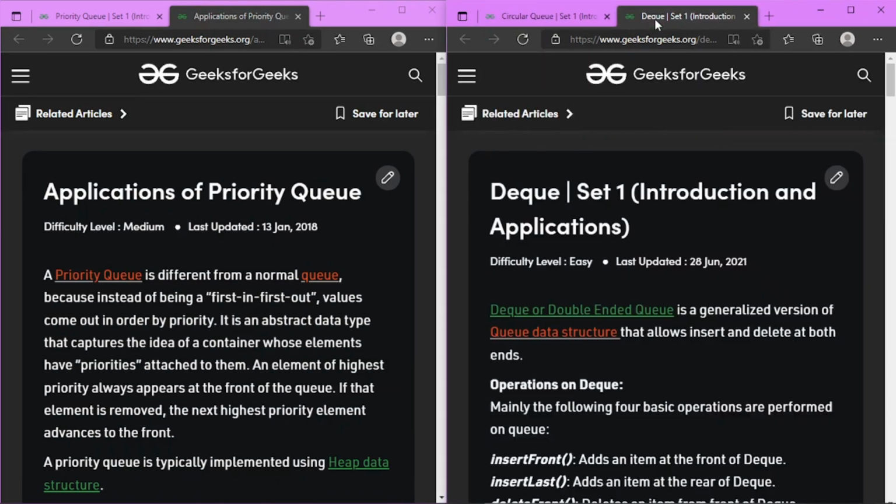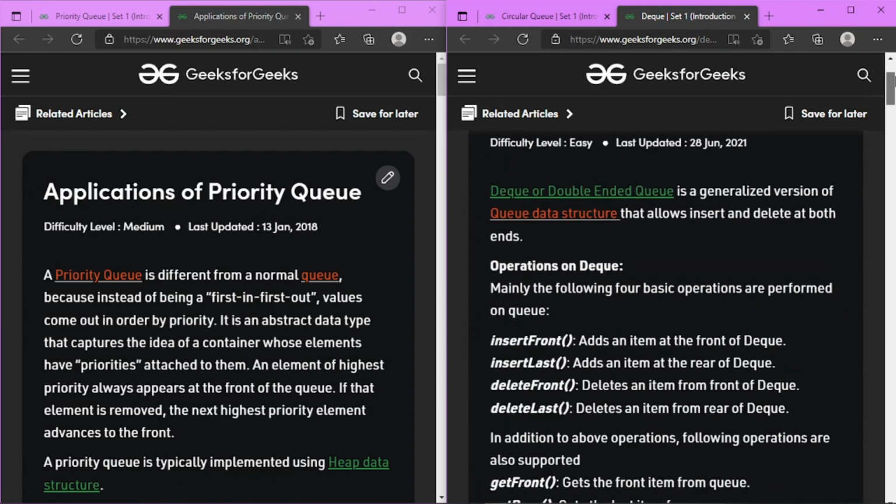Now coming to the DQ part. So DQ is, as I told in the previous video, do not confuse this DQ with the dequeue operation. That operation has the spelling DEQUEUE, but this is only DEQUE. This is basically a short form for doubly ended queue, and in this the main thing is that we can insert and delete at both ends, like from the front as well as at the rear.